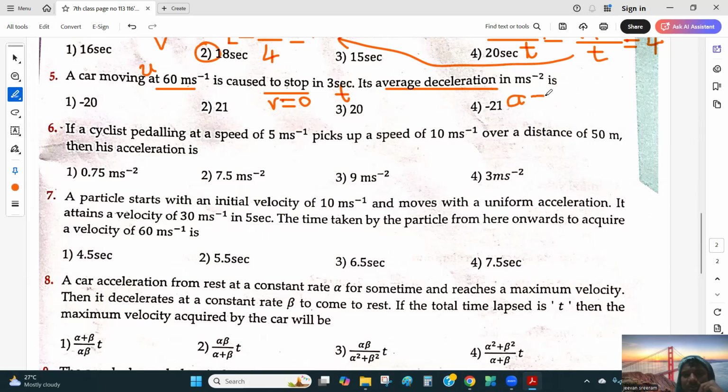Retardation is the same as acceleration, given by a = (v - u)/t. So acceleration is a, retardation means minus a. So let's find a first, and then we will find minus a, the retardation. a is equal to v is 0 minus u, u is 60, so (v - u) by t, right? Time given is 3 seconds. So obviously a is equal to minus 20